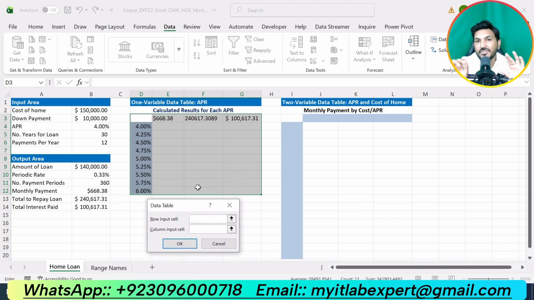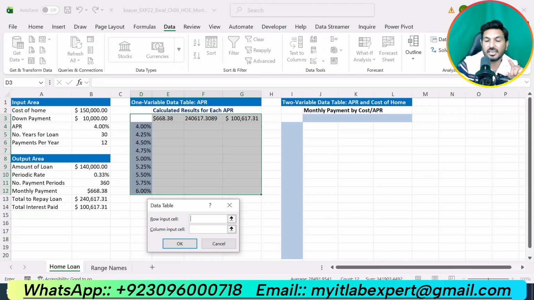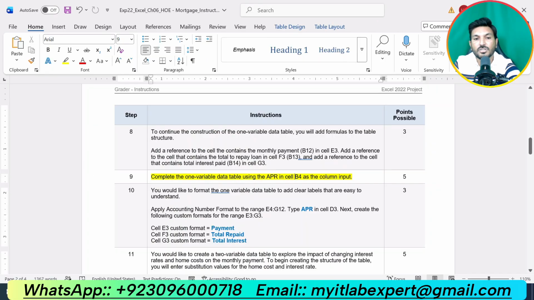So this is a one variable data table, so our table will have one variable, and in this case our one variable is cell B4 as given in the instruction, that is the APR, and that will be our column input. So cell B4 APR, click OK. So we have completed the one variable data table. That is all about step number 9.